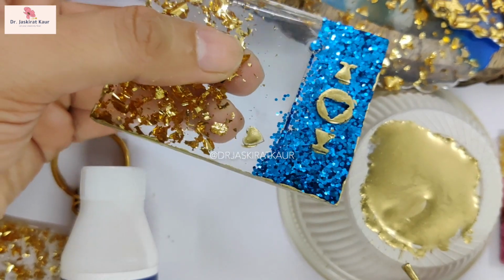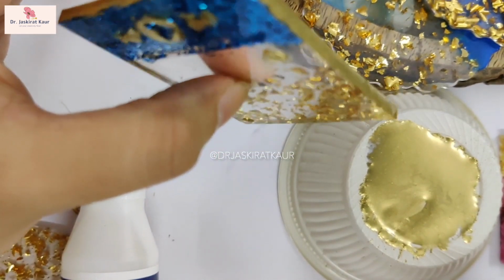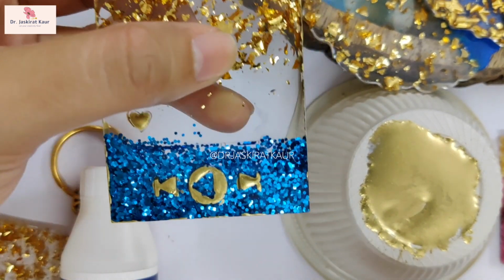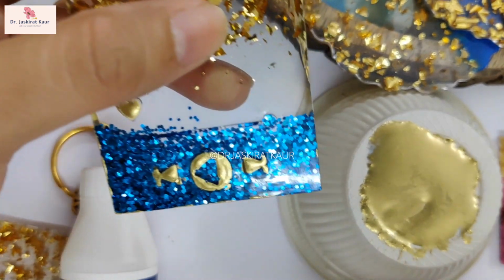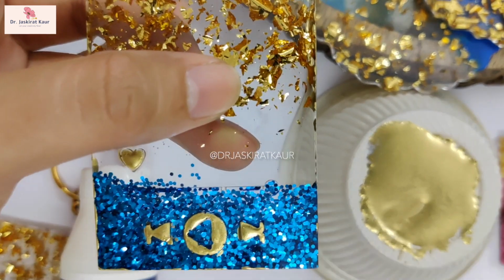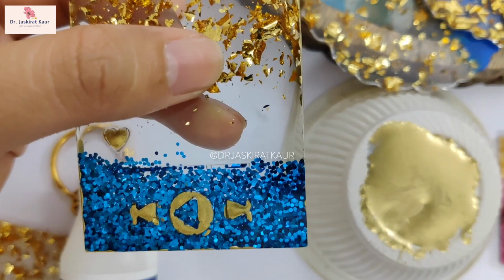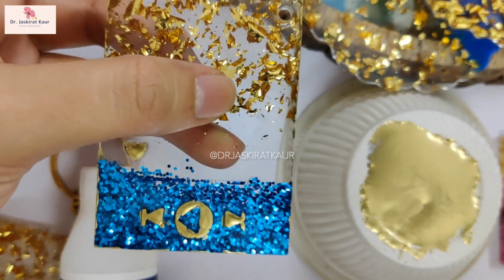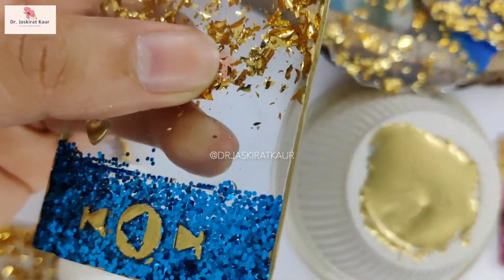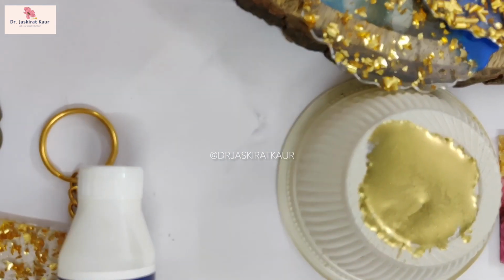And that's it. It's done. It has a nice golden edge all over its side, and it looks really nice to me. But now we should not be playing a lot with this. Let me just keep it at a safer place, far away from my reach, so that this dries up, and I will leave it for around 1 hour to dry, and I'll show you the outcome once it is done. So I'll be keeping it aside,